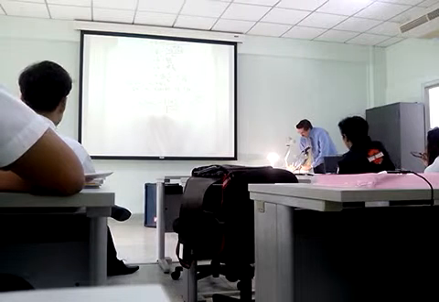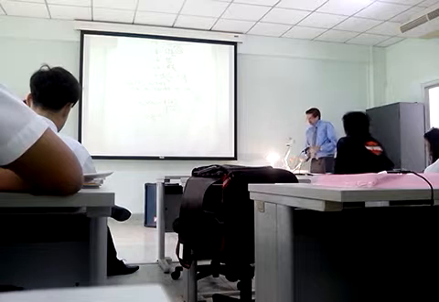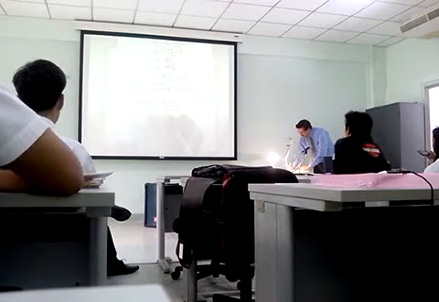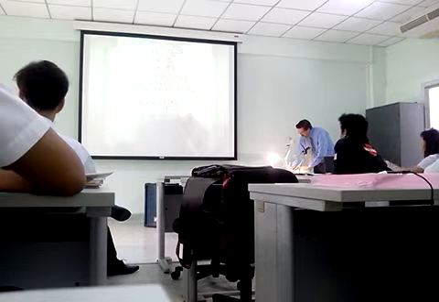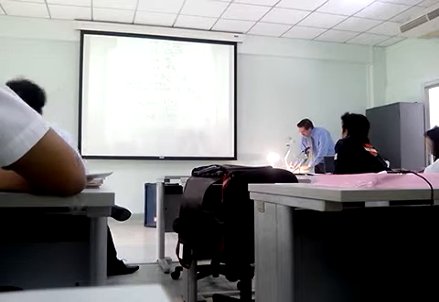So x1 is 13 over 3. Therefore f of x1 is 2 times 13 over 3 squared minus 32